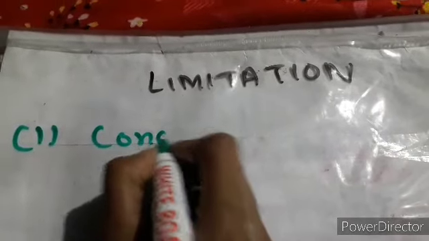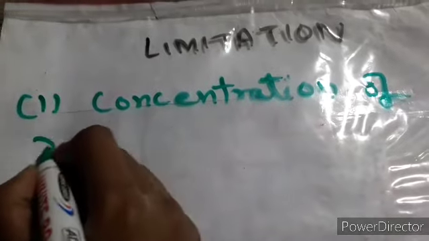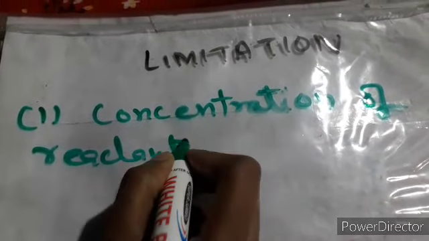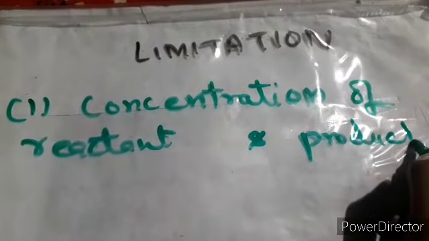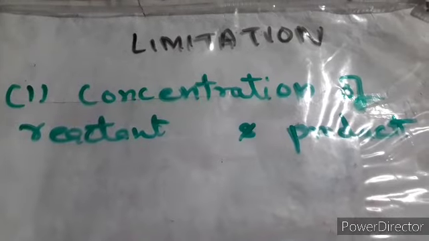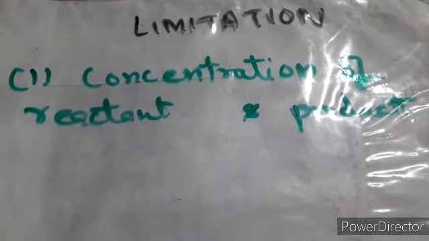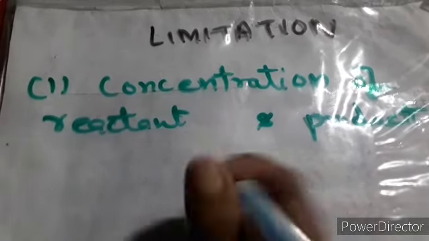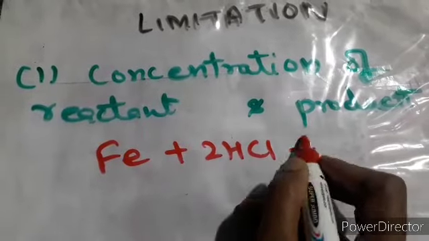First is the concentration. Concentration of reactant and product. Why I am not writing the full statement, I am just telling you that by looking at the chemical equation, you can never judge the concentration of the reactant and the product. Now what is the concentration? Again I am writing back the same equation. Suppose I have written the same equation, because that equation must be familiar to you all now.